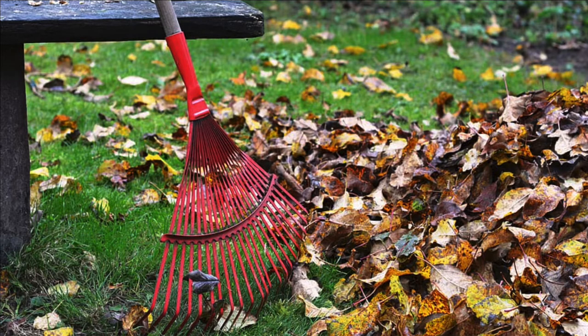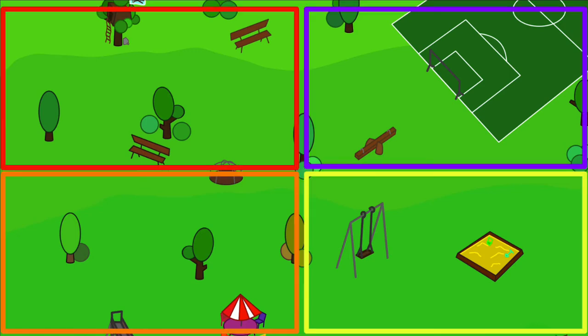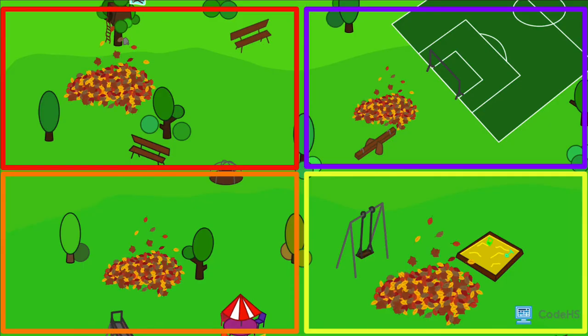By creating a challenge or objective, you've turned this chore into a simple game. Your friends also add some rules to make it more fun. They set boundaries of where you're allowed to rake leaves and who will judge the leaf piles. By simply adding a challenge, who can rake up the biggest pile of leaves in 5 minutes, and a couple of rules, each person's boundary and who is judging, what was just a chore has now become a fun game